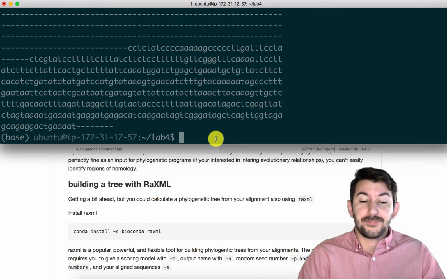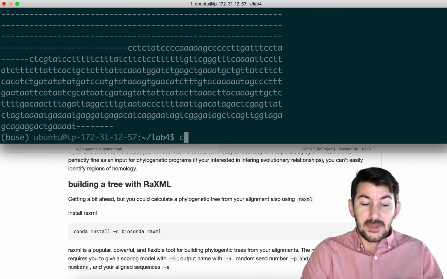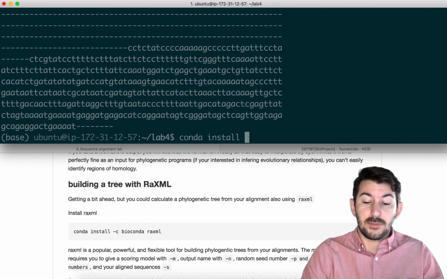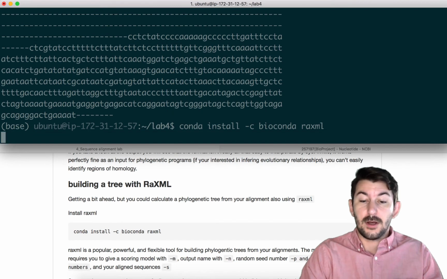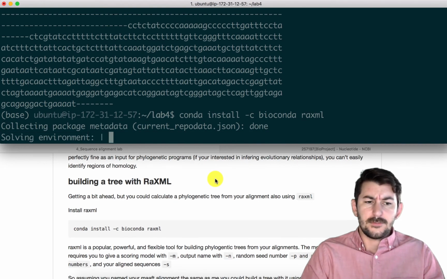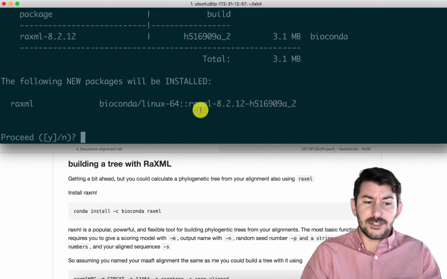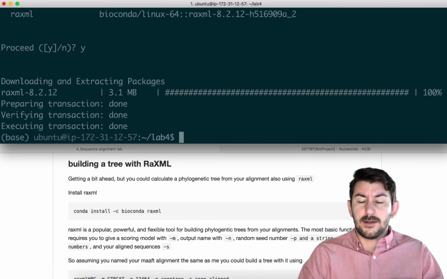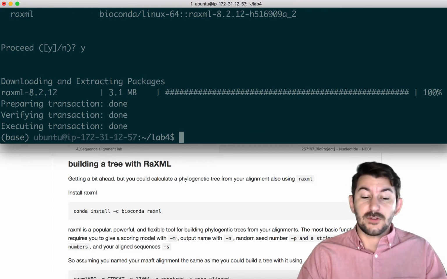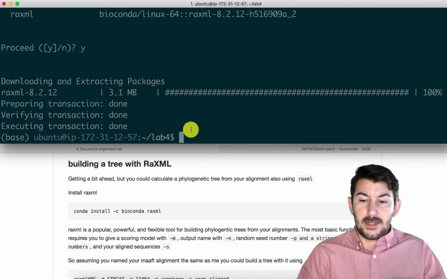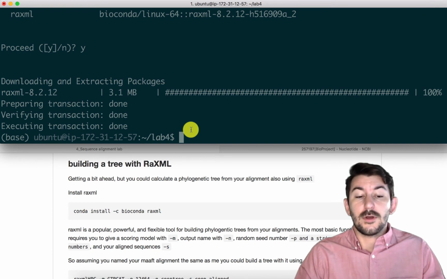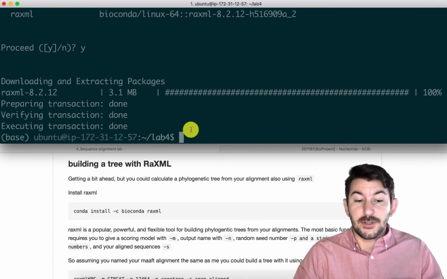So maybe we want to build a phylogenetic tree. And so I'll show you how quick and easy we can build a phylogenetic tree with this really small alignment using a very popular piece of software, RAxML. RAxML can be used for building phylogenetic trees that have hundreds of thousands of entries. It really scales well to large computing resources and is a really popular phylogenetic tool that uses likelihood approaches that